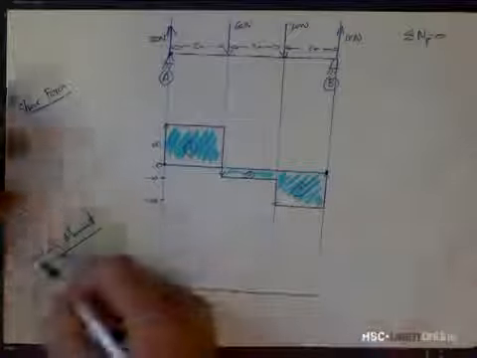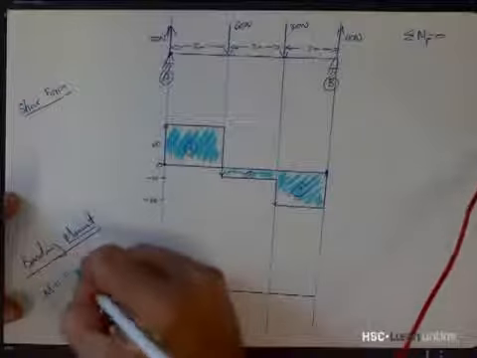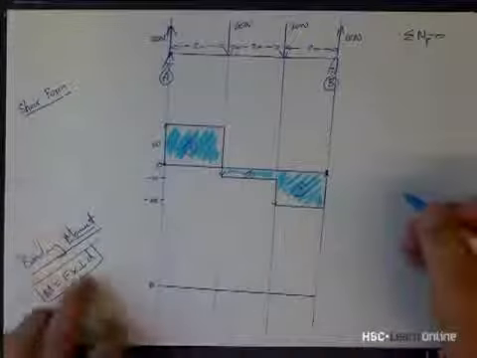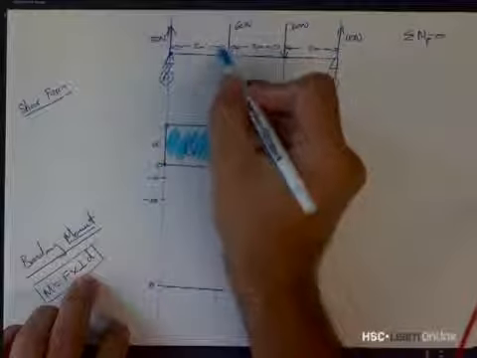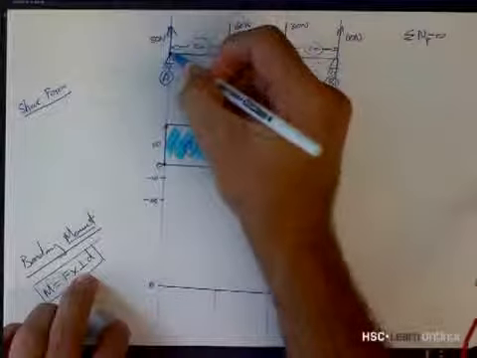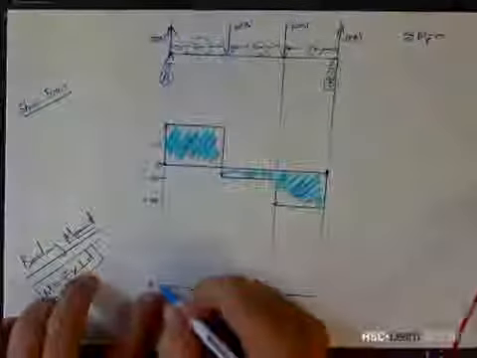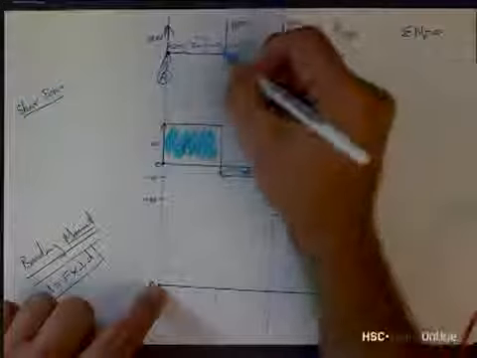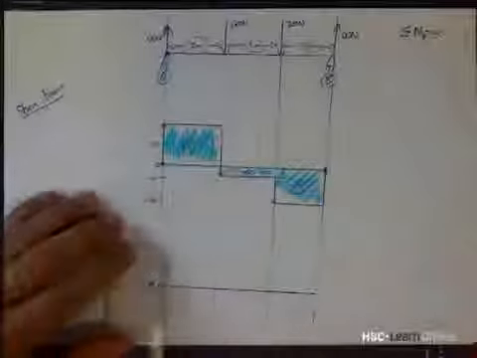But this time, because it's a moment, and what is a moment? A moment is a force multiplied by a perpendicular distance, just as a reminder. What we're going to do is multiply the force by its distance. The distance in this case is 2, 2, and 2 meters. So this force multiplied by its distance is 50 times 2. We started off over here at a distance of 0, and by the time we get to this distance of 2 meters, 50 times 2 is